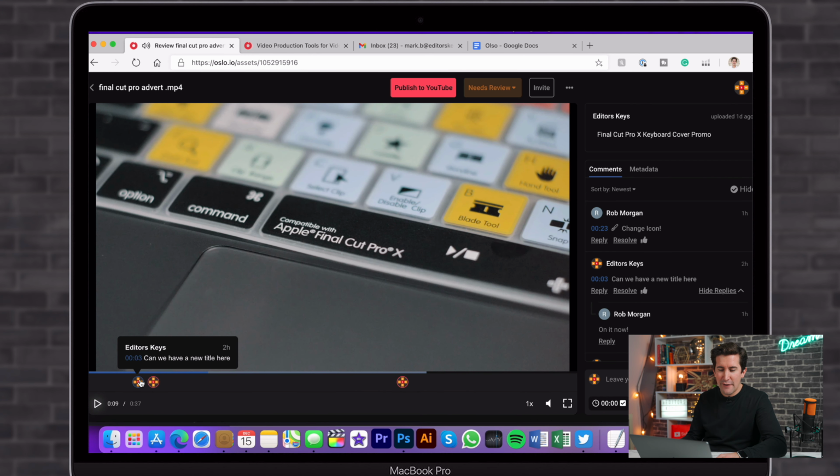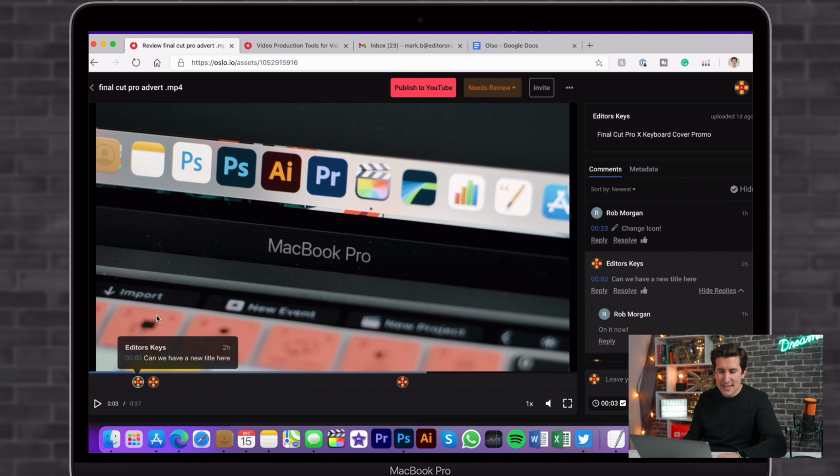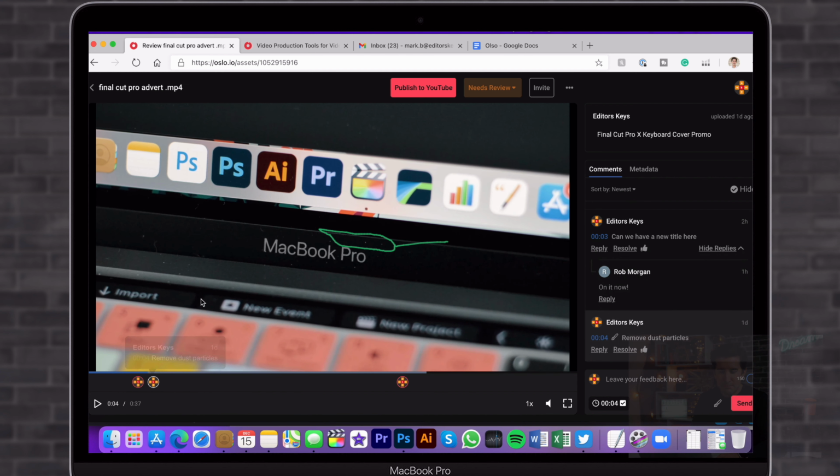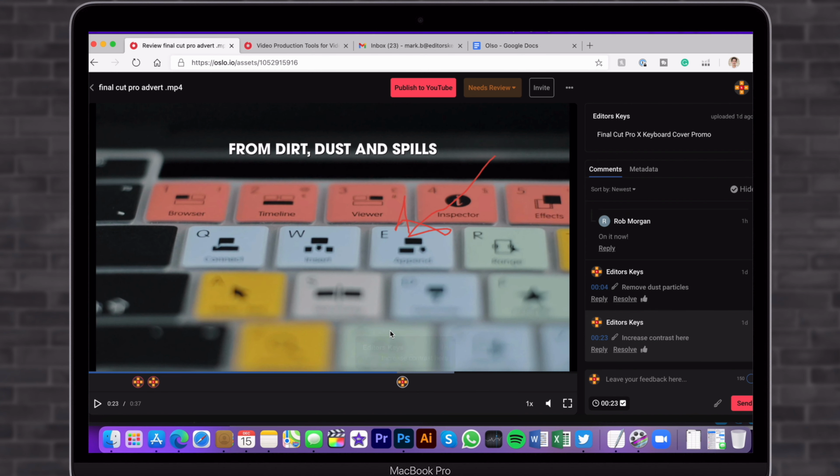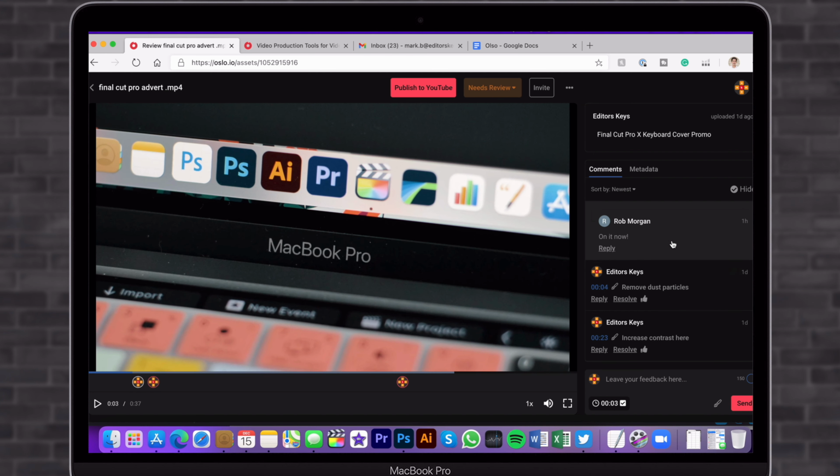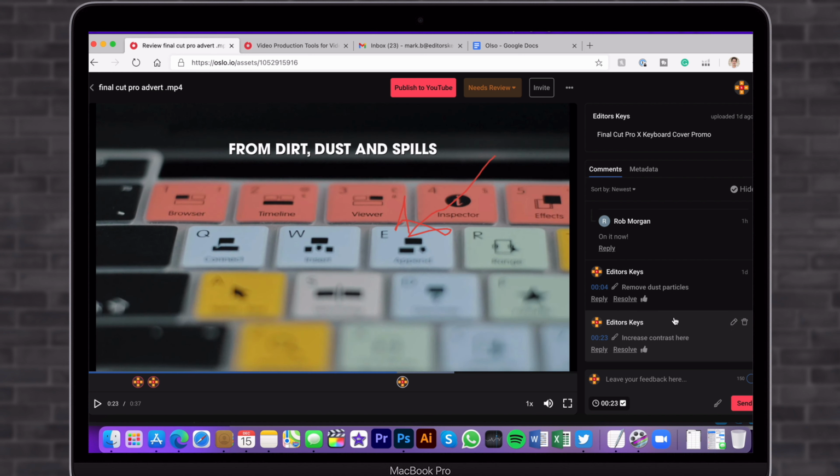And as you can see, if we scroll through this, you can notice these little icons here at the bottom of the screen. Now this is where I've made some little notes of some edits that need to happen along the way. And you can see here, I've actually been able to annotate on top of these. So you can see here, it's looking a little flat. So I've added a note here that says, can we increase the contrast here? And what I like about this is when you click one of these notes, it takes you directly to that